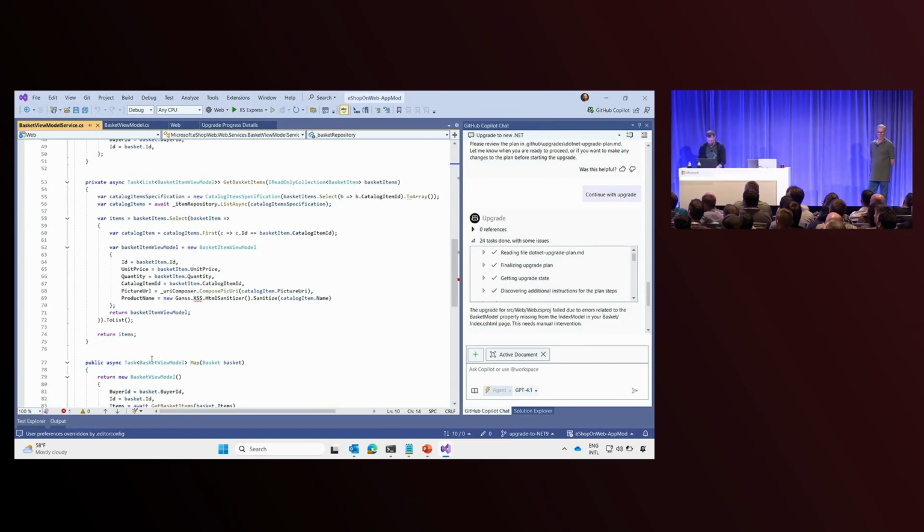Yep. So here is actually the triggering error that I was trying to get to in the error list. In this case, this Ganss.Xss library is an HTML sanitizer that we're using to protect this string field from user input. This was one of the packages that was flagged for a vulnerability upgrade. And so when that upgrade happened, it looks like there was some breaking change. And at this point, I have a number of options available to me,